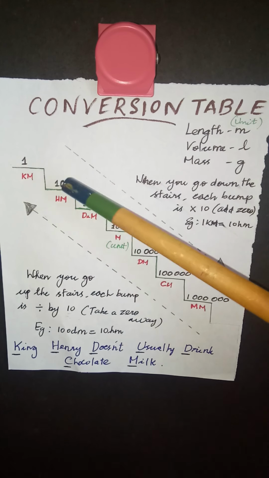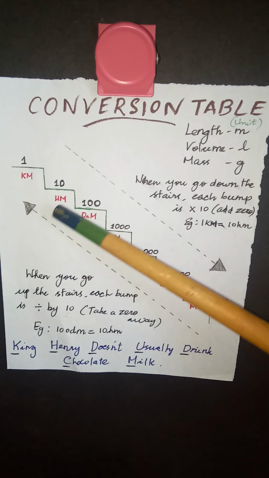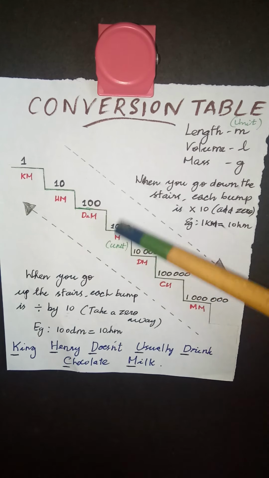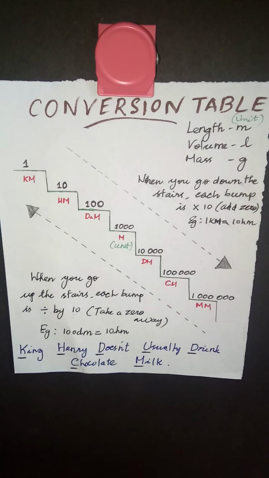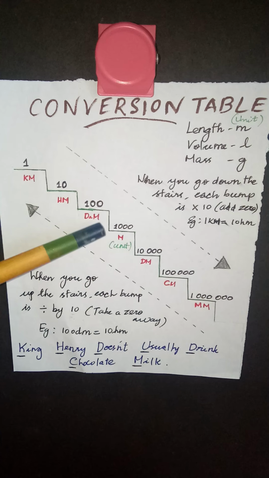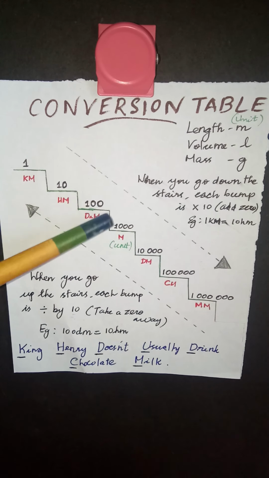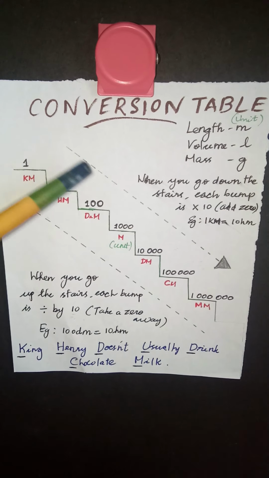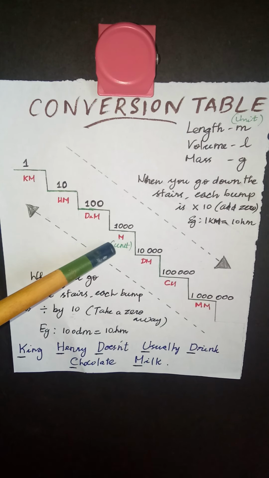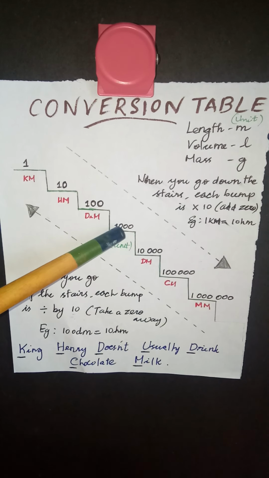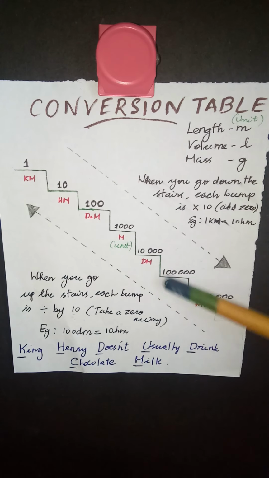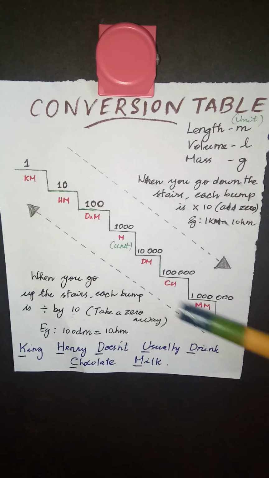Suppose I'm converting kilometer to hectometer. So 1 kilometer is equal to 10 hectometer and 1 hectometer is equal to 10 decameter. 1 decameter is equal to 10 meter. But 1 kilometer is equal to how many decameter? 2 bumps are there, so 100 decameter. Same way for meter, 1 kilometer is equal to, 1, 2, 3 bumps are there, so 1000 meter. Same way, if you are converting from this side to that side, which means you're going up the stairs,